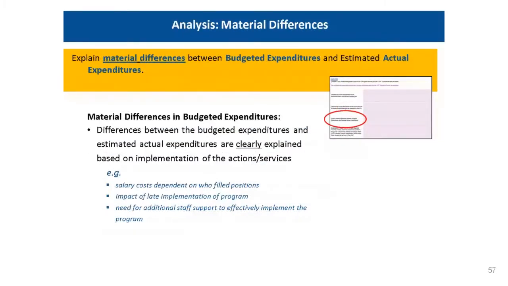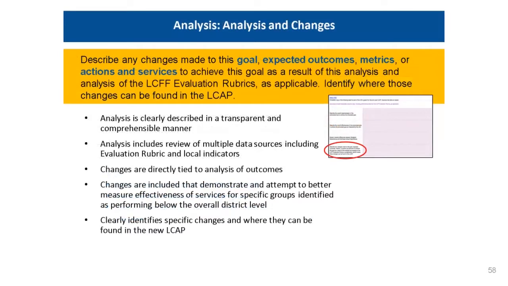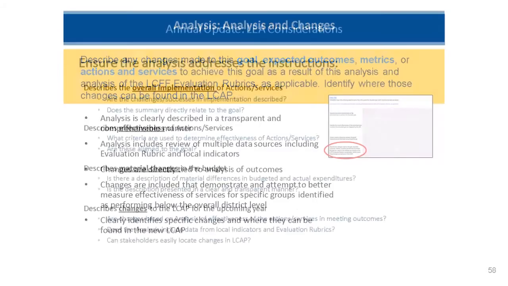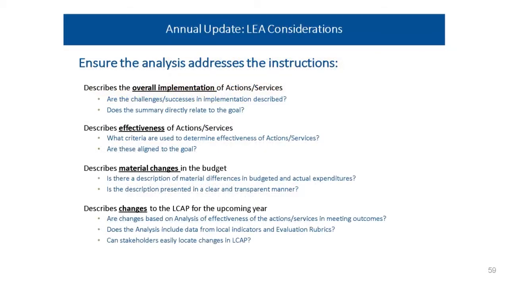The next part of the analysis section asks for an explanation of material differences between budgeted and estimated actual expenditures. This section should address any budget changes that are significant and important for stakeholders to know and important in making future decisions. Finally, this section asks for a description of any changes made to the LCAP for the coming year based on this analysis. It also asks to identify where those changes can be found in the 2017-18 LCAP. Here is a summary of what is required in the analysis section of the annual update and what questions your